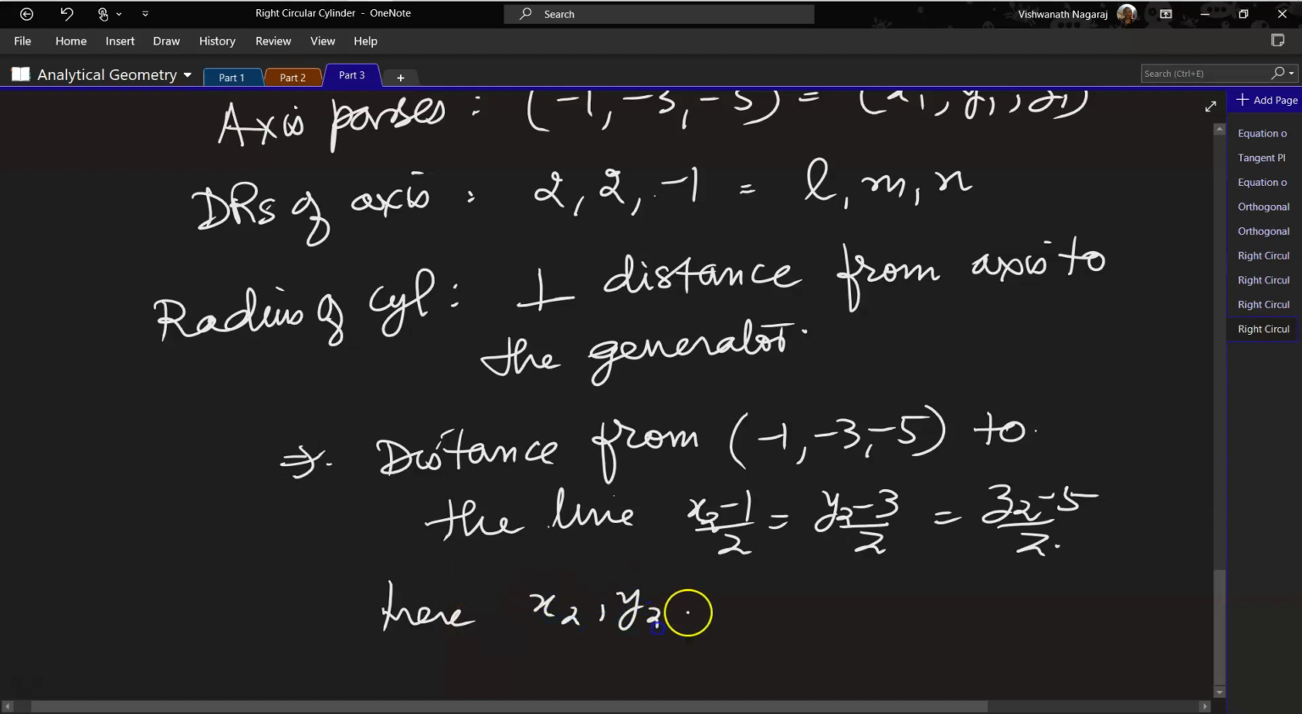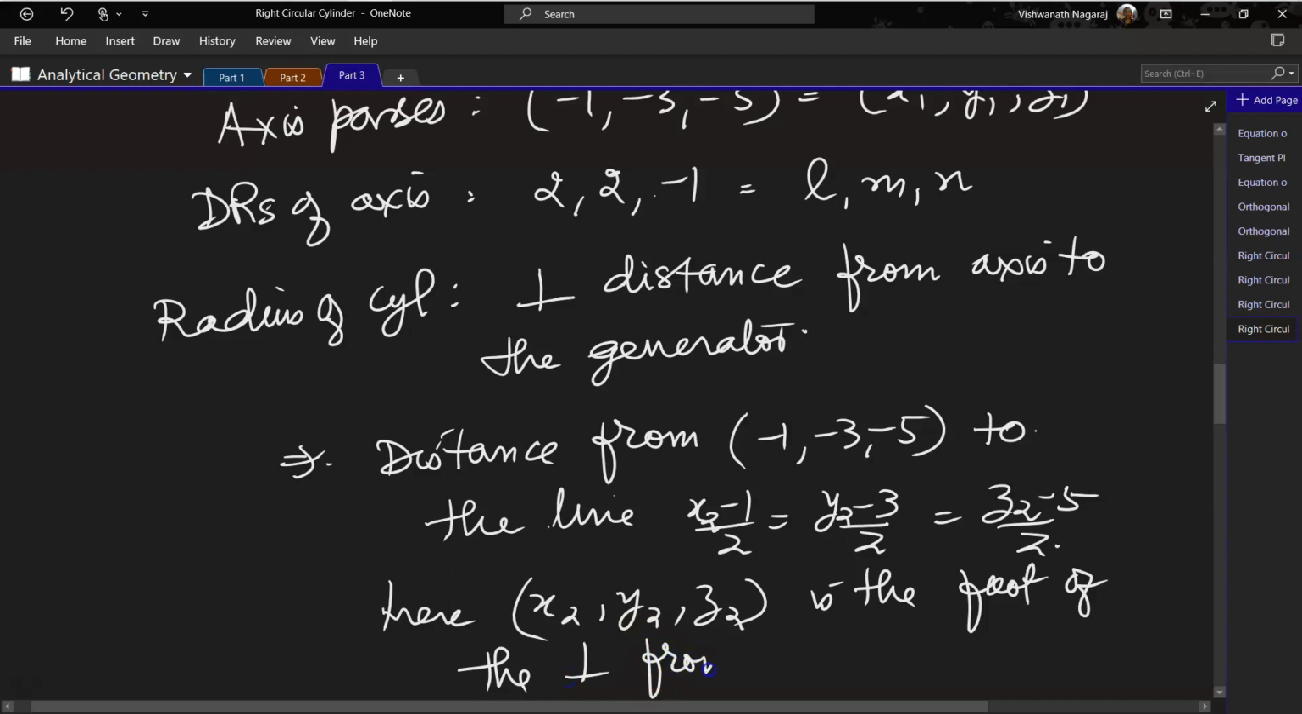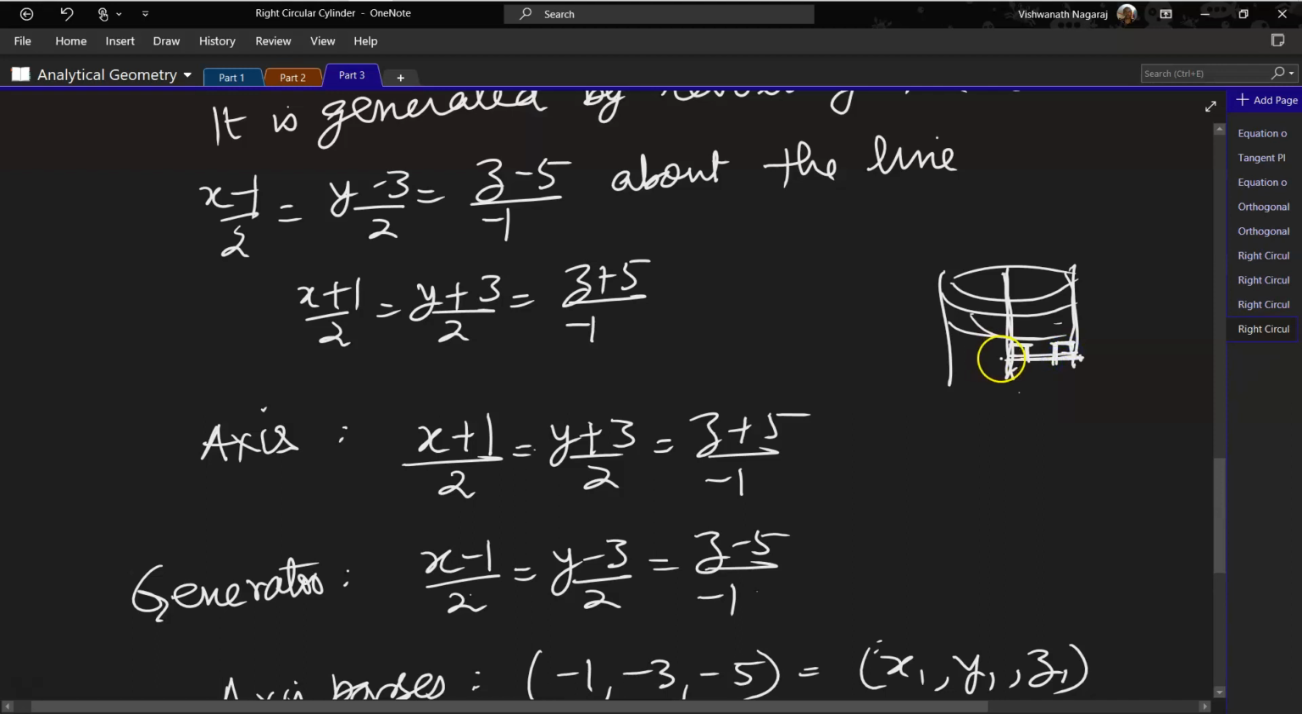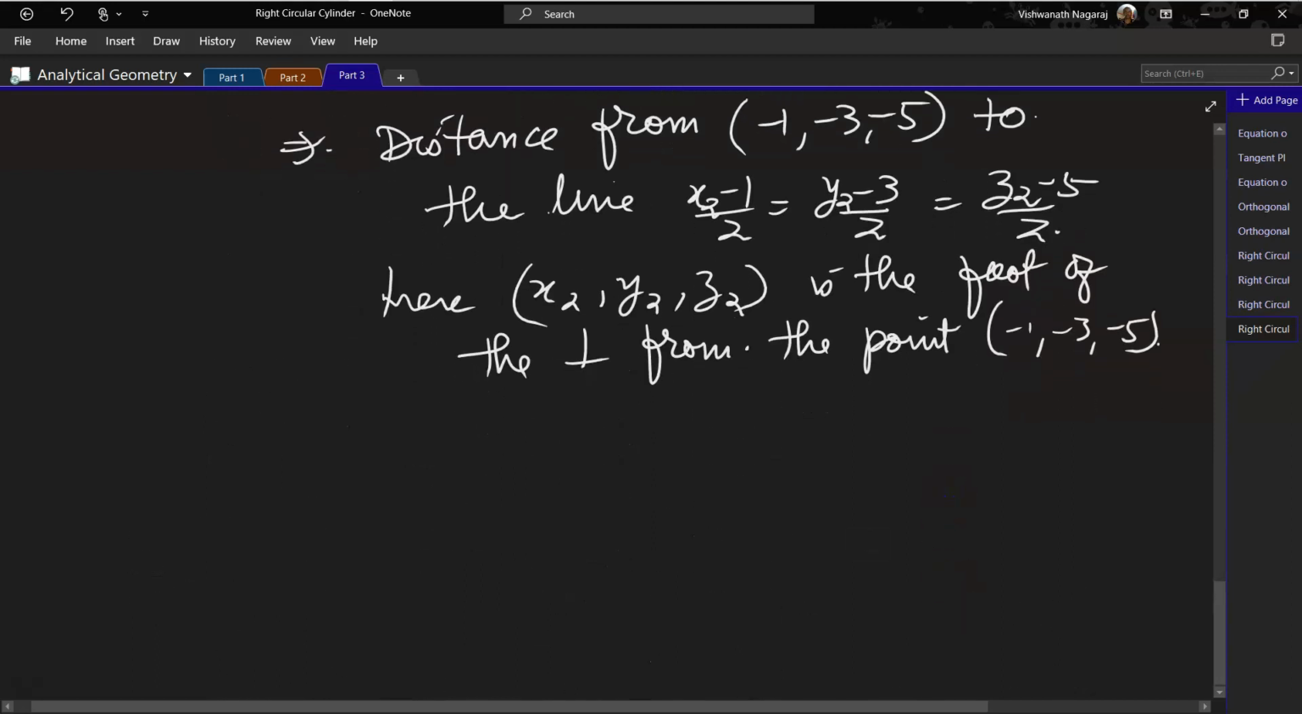Here (x2, y2, z2) is the foot of the perpendicular from the point (minus 1, minus 3, minus 5). Remember, here I have given this as perpendicular. The foot of the perpendicular would be this, because this is the point (minus 1, minus 3, minus 5). Okay, so now that we have that in place, let's take this equation and say it is equal to